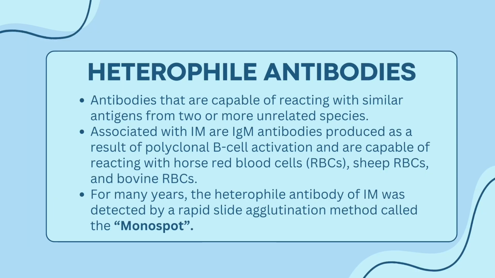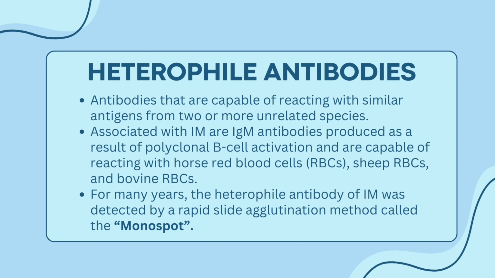By definition, heterophile antibodies are antibodies capable of reacting with similar antigens from two or more unrelated species. The heterophile antibodies associated with IM are IgM antibodies produced as a result of polyclonal B cell activation, and they are capable of reacting with horse RBCs, sheep RBCs, and bovine RBCs. These antibodies are produced by 40% of patients with IM during the first week of clinical illness